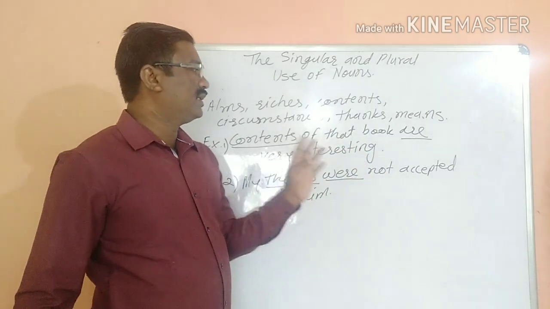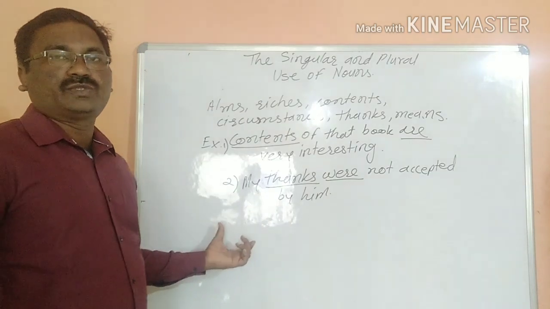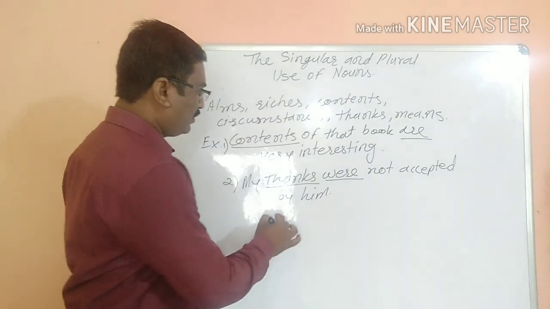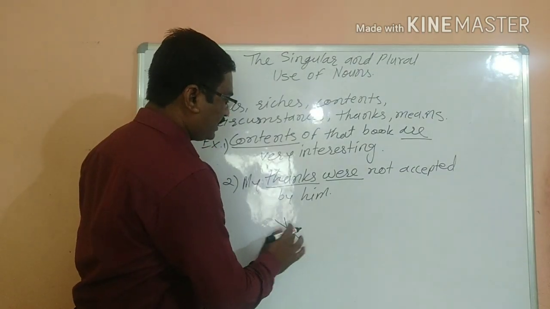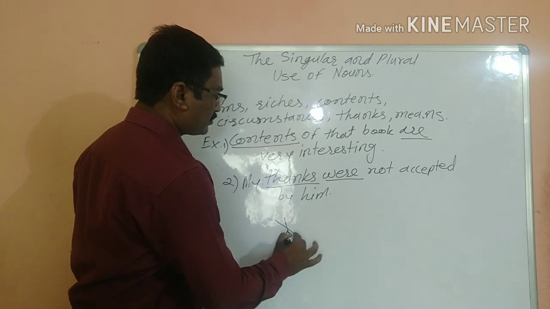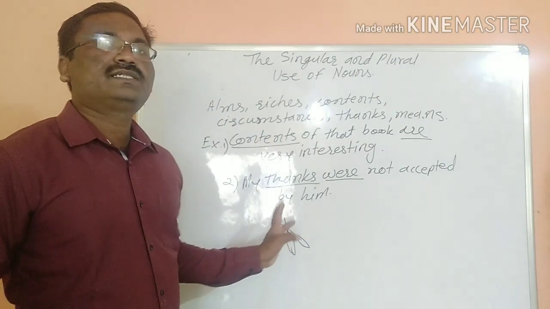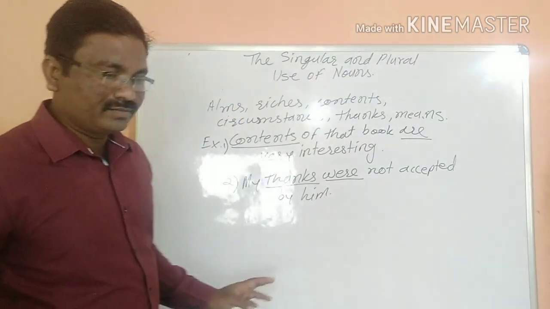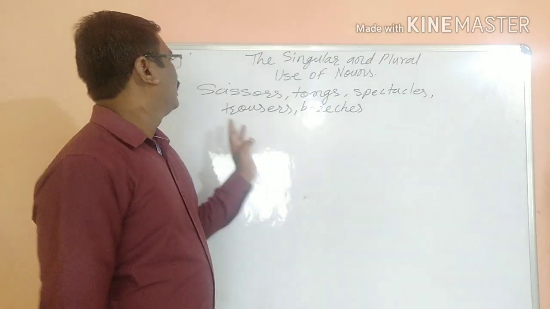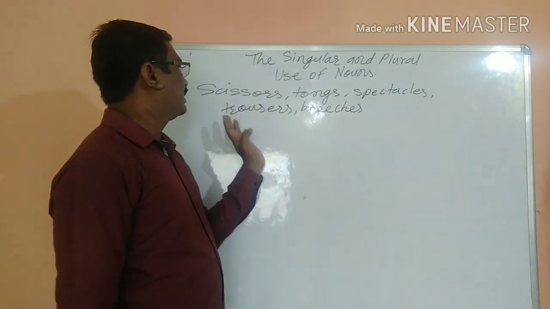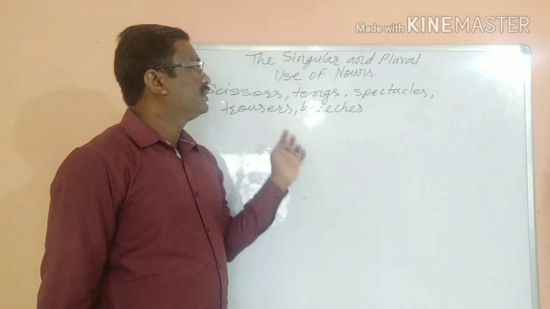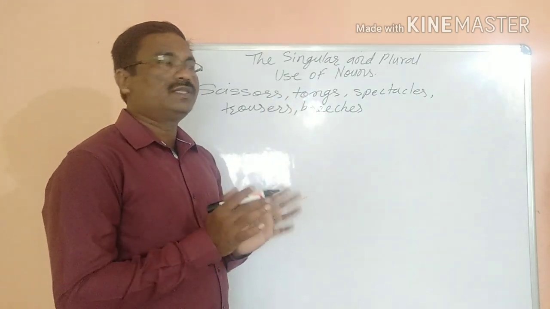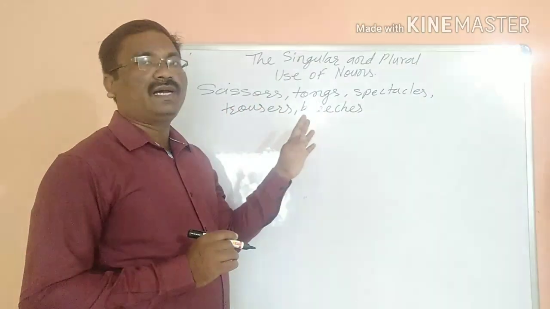And dear friends, some nouns are there like shoes, scissors, which have two parts making a pair. Scissors has two parts here, suppose. So two parts are there, and such nouns we should always use as plural. You see, scissors, tongs, spectacles, trousers. These words are in pairs. A set of two things joined together. So we should use them as plural only.